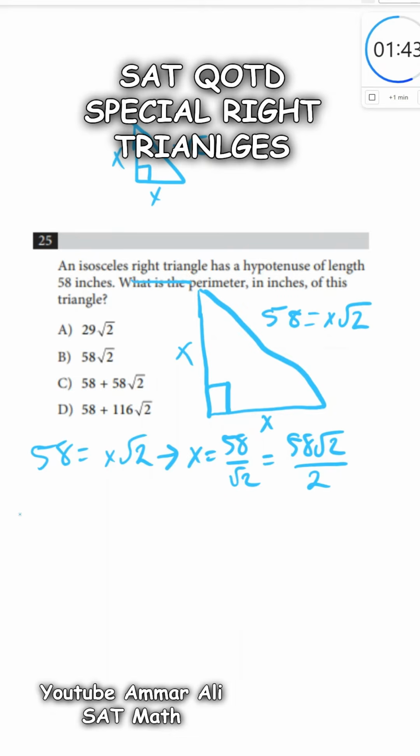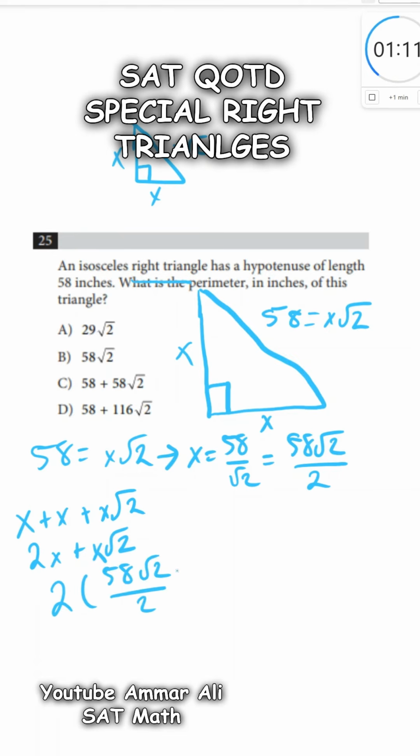What is the perimeter going to be? The perimeter is going to be x plus x plus x root 2, or basically 2x plus x root 2. Okay, now we know what x is, so we just have to plug in, then solve. So what I'm going to do is do 2 times 58 root 2 over 2 plus x root 2, which